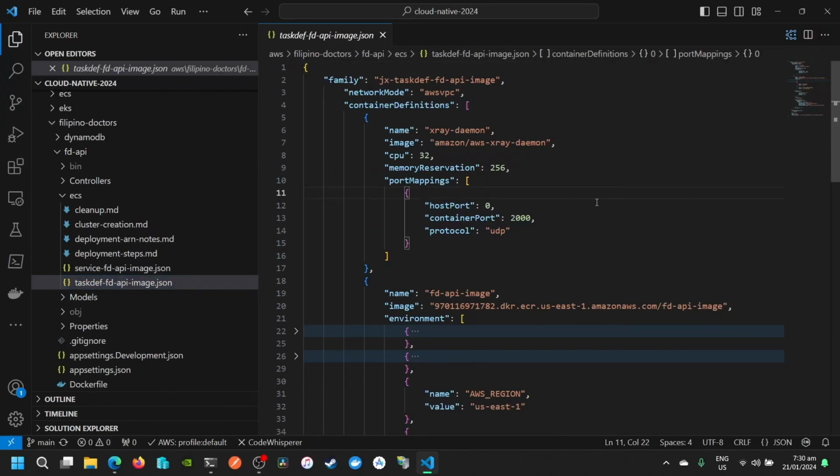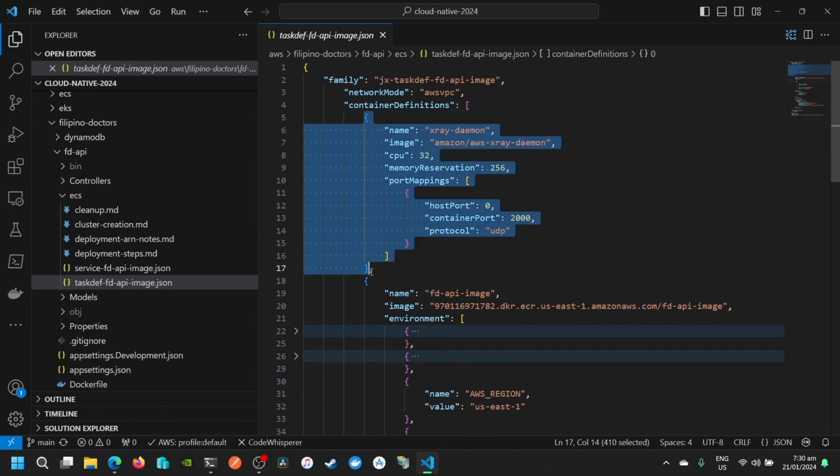Hello. We figure out how to add X-Ray daemon. Is this pronounced as X-Ray daemon? Daemon. So this is the official image of the X-Ray daemon. So we're gonna add it as a container,